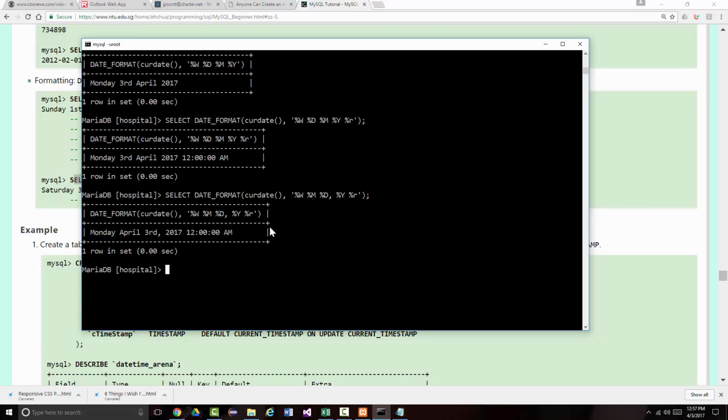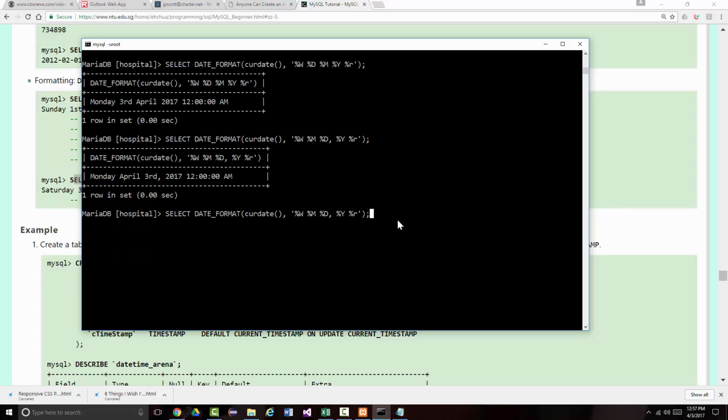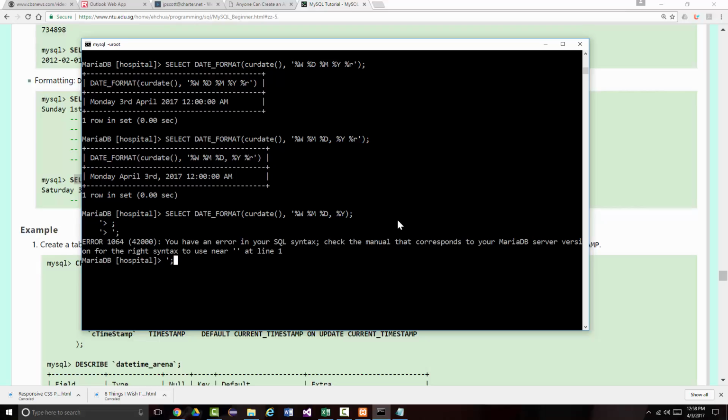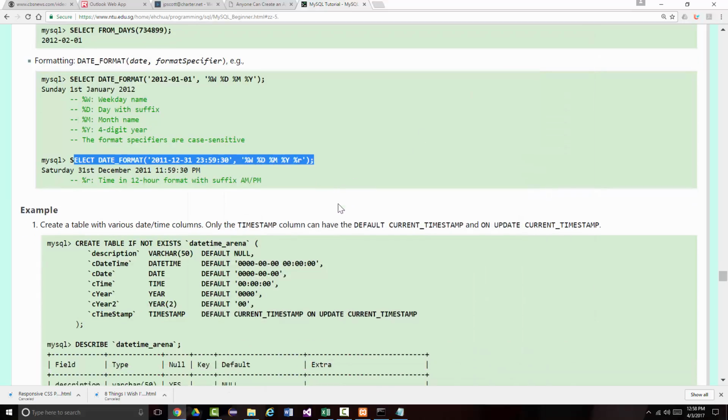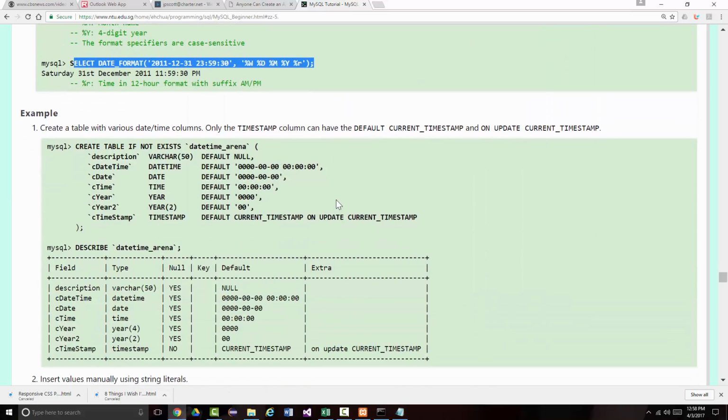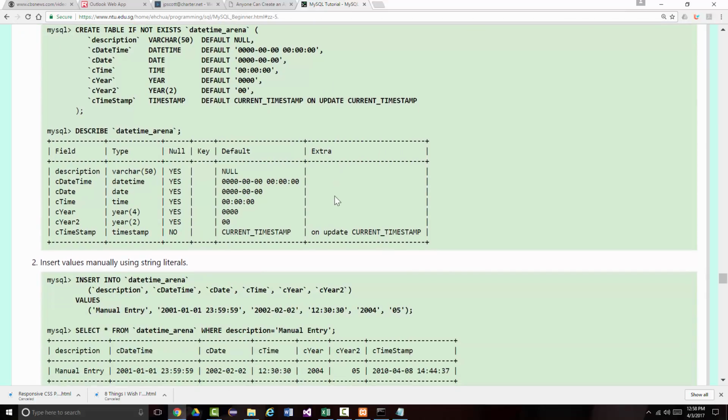That R there, I'm not sure what that's doing, so I'm going to run the same query and not put the R in there. I think that's going to give me the results that I'm, oops. Okay. Yeah, let's try it again and do it correctly. There you go. Monday, April 3rd, 2017. Okay, so there are a multiple number of ways that you can